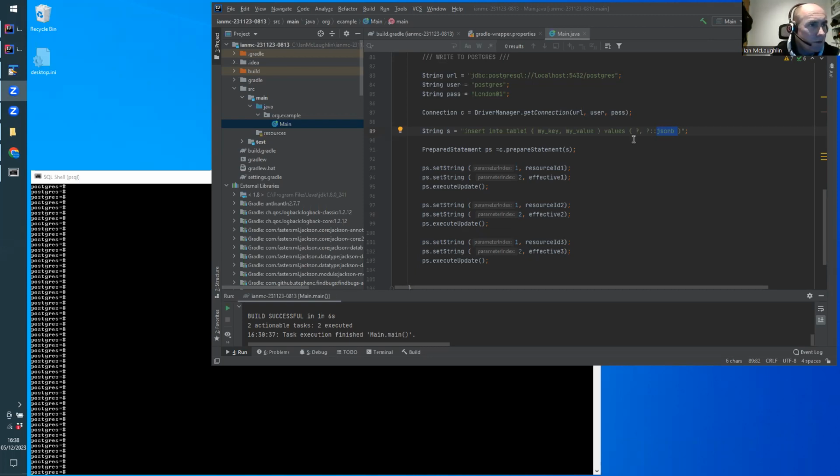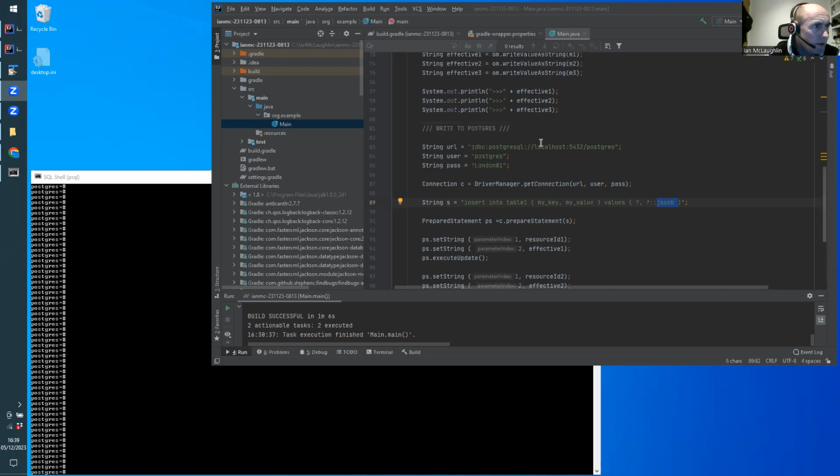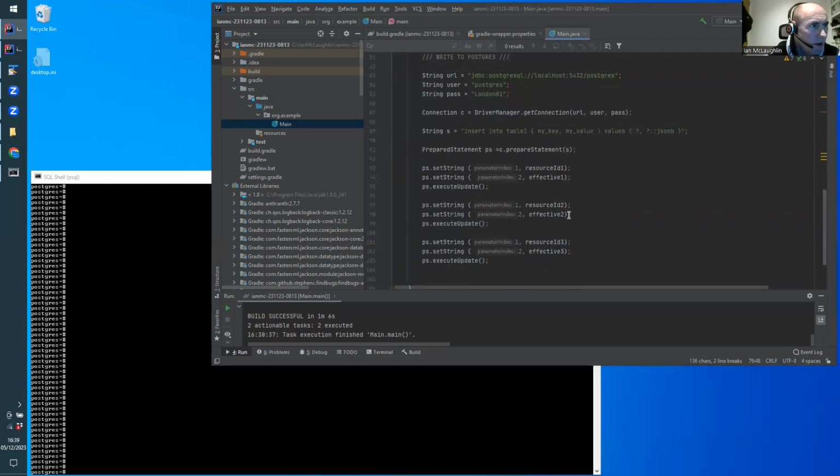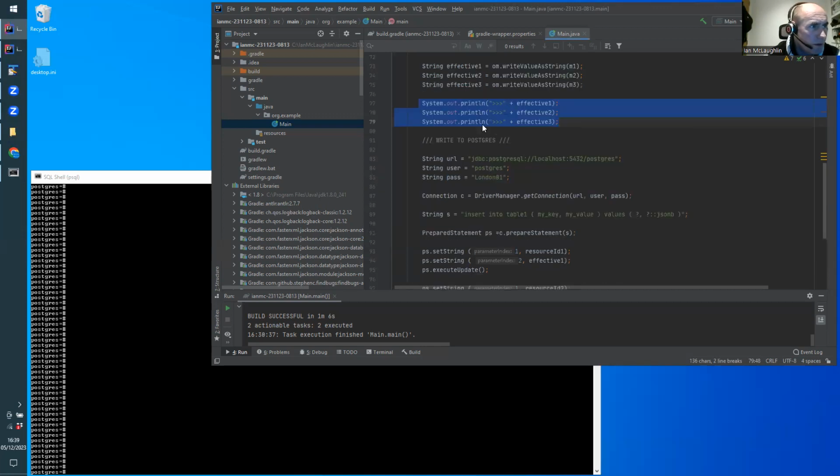Hi, so this is the third part of my presentation on migrating data from a NoSQL database to a relational database. In the previous segment, I managed to extract data from Geode, Gemfire, and I printed out these strings here. The idea in this final piece is that I'm going to write this data, the chocolate bar data, to